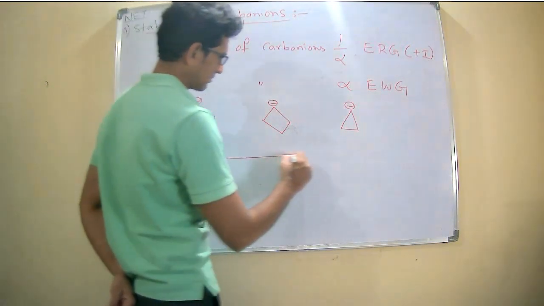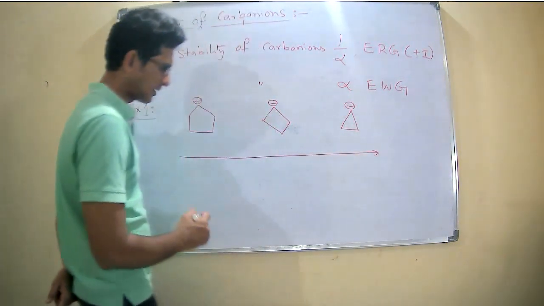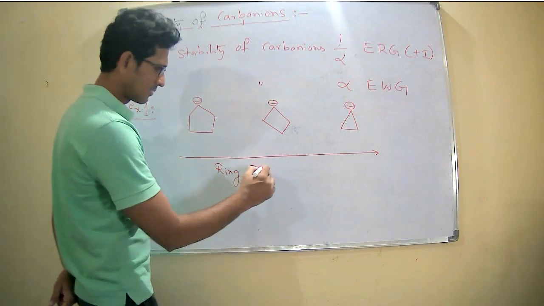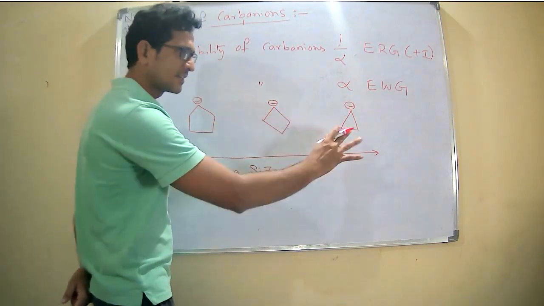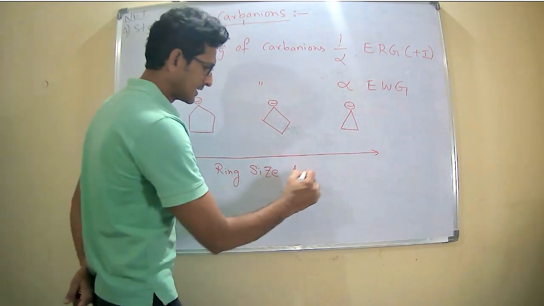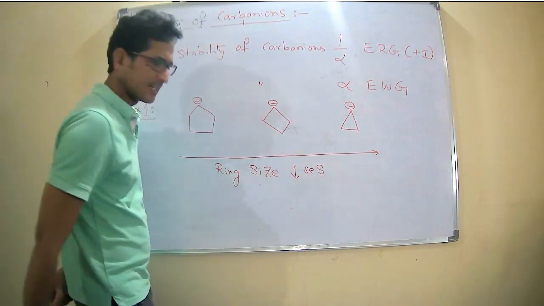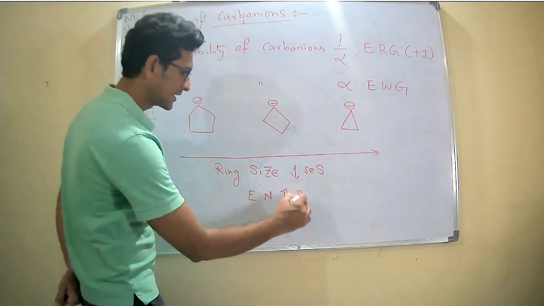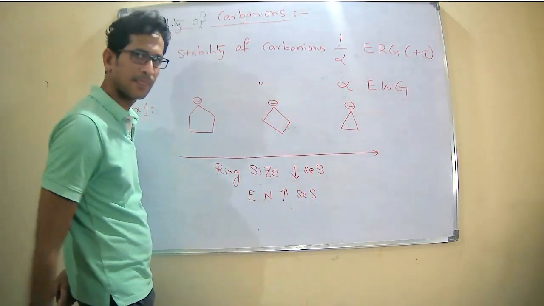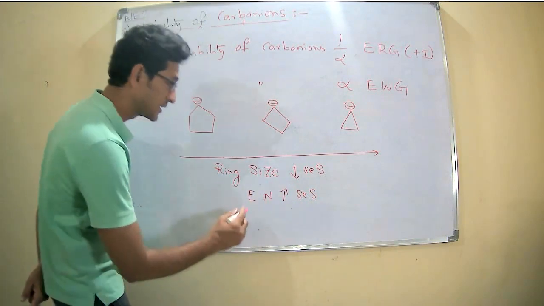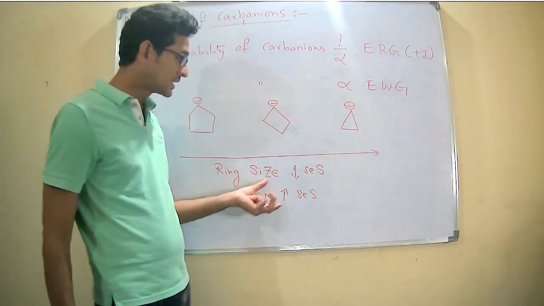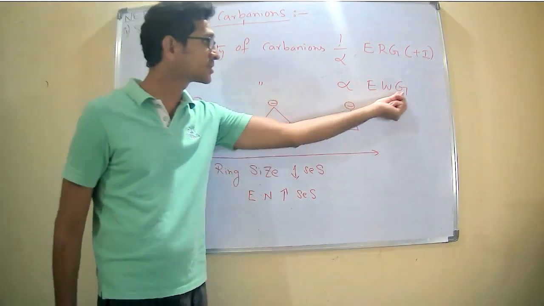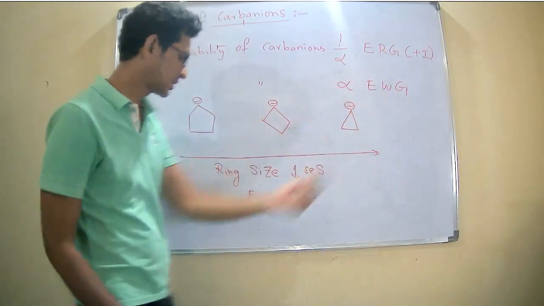From left to right, what happens? The ring size decreases. The ring size decreases means electronegativity increases. As the electronegativity increases, the stability of carbanions, which is directly proportional to electronegative groups,